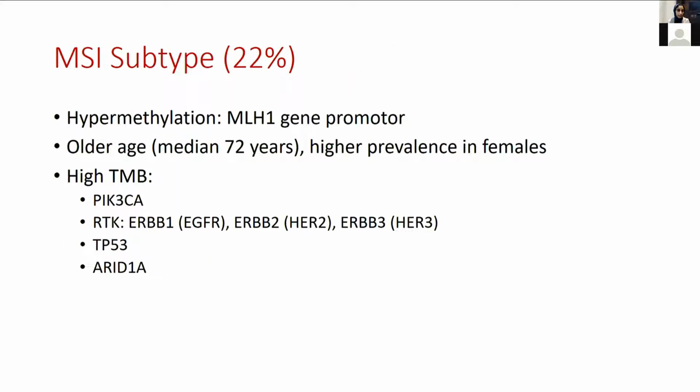The microsatellite unstable subtype constituted about 22% of the cohort in TCGA and is characterized by hypermethylation, leading to MLH1 gene silencing. It is also characterized by a high prevalence in females and older age, and also a high tumor mutational burden. Mutations characteristically happen more frequently in receptor tyrosine kinases and the ERBB family of genes, including EGFR and HER2